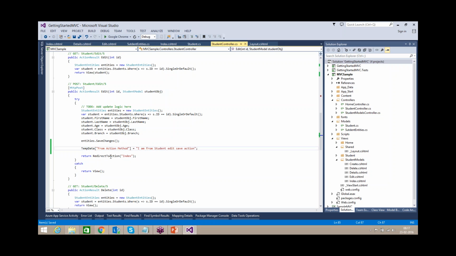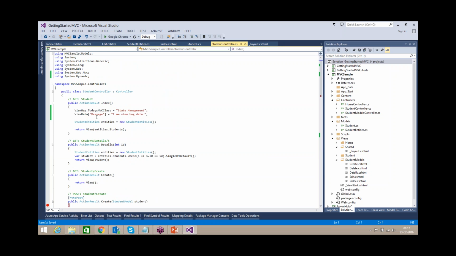And then this is the index, so this can be accessed here.